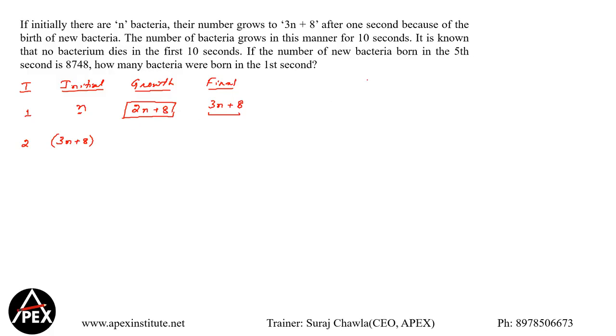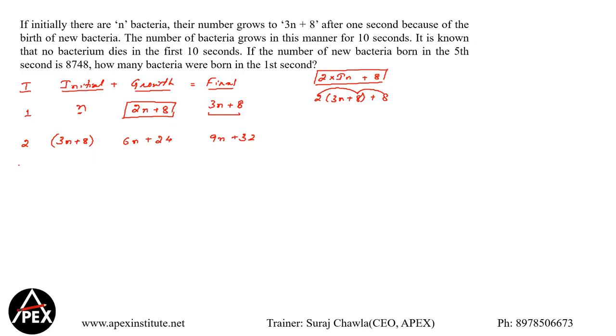Now, what is the relationship that we discussed? Twice the initial plus 8, right? So for the second, the growth part will be 2 times of 3n plus 8 within brackets, plus 8. So how much is this, guys? 2 3s are 6, the growth is 6n. 2 8s are 16, 16 plus 8 is 24. So plus 24. This is the growth, and these were initial. So can I say final? My final is going to be initial plus growth because nobody is dying. So 3n plus 6n, my final value becomes 9n, and 8 plus 24, my final value becomes 32.